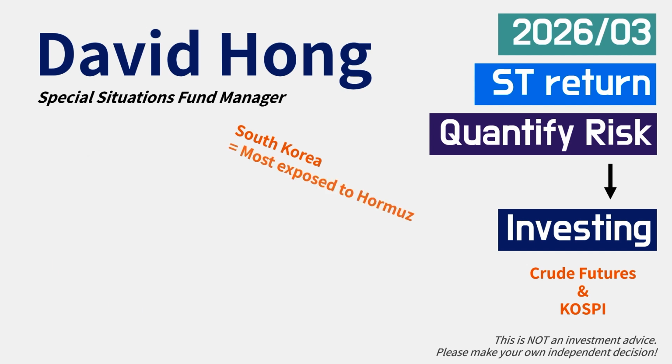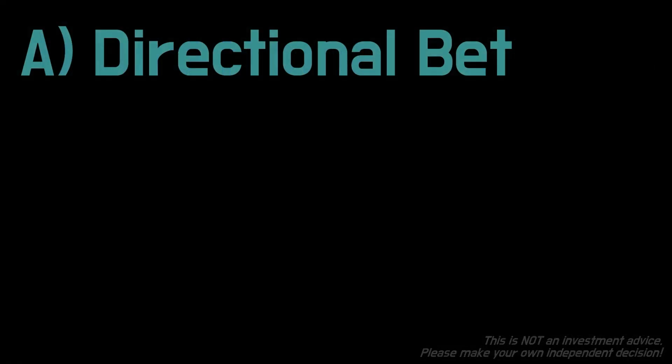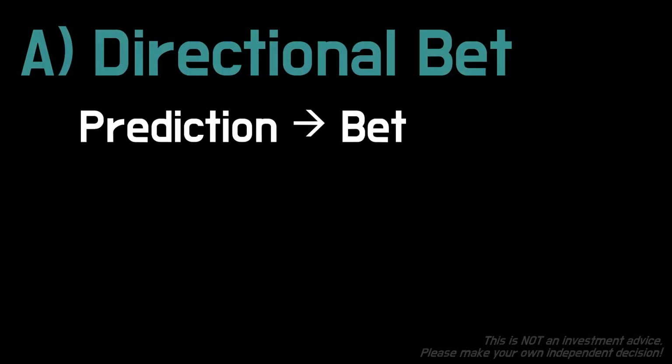And because Korea imports a high portion of its energy through that Strait of Hormuz, the Kospi index has shown very high volatility since the war broke out. Although it's an index of the Korean economy, the price is moving up and down like a highly risky tech stock. First, let's look at the simplest way to make money, which is making a future prediction and betting on